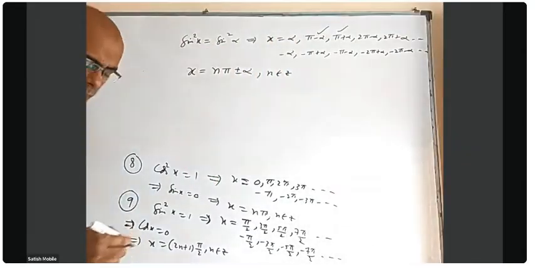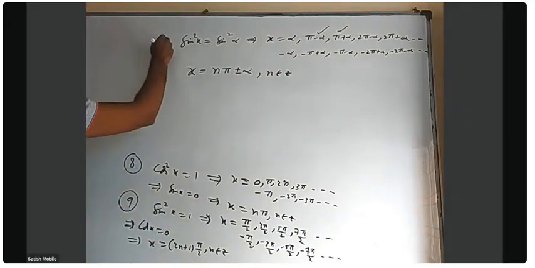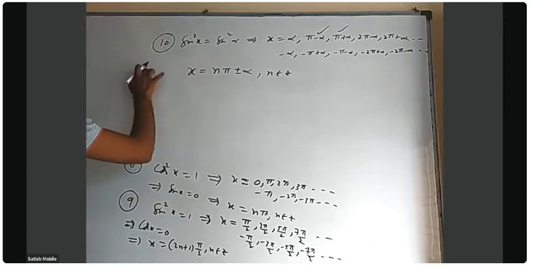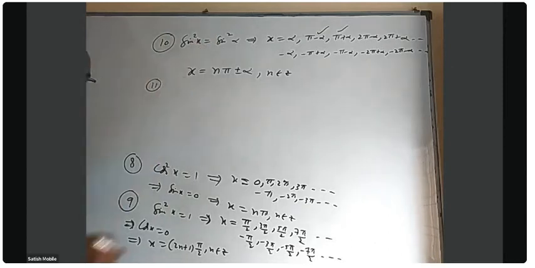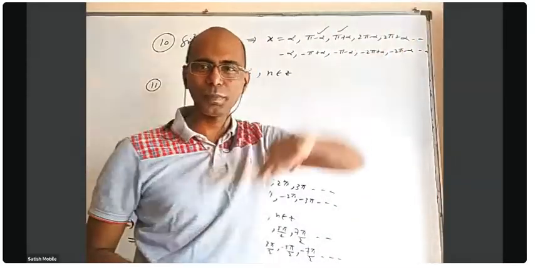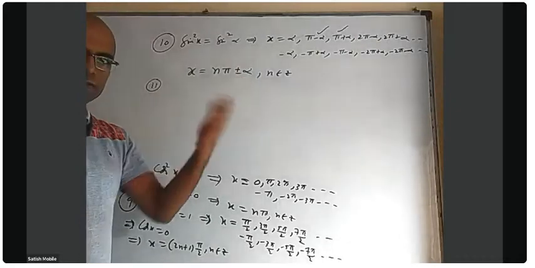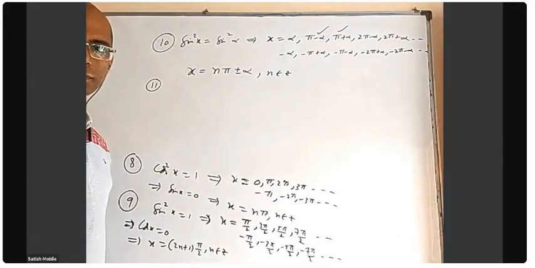Anybody any doubt about this? No. Okay, so this is our general formula. This you can write. Sir, n belongs to minus 2 to plus 2? No, I can go further: 3 pi, 4 pi, 5 pi also. I just said dot dot. Even if you take 100 pi plus alpha, you'll still be in the first quadrant.